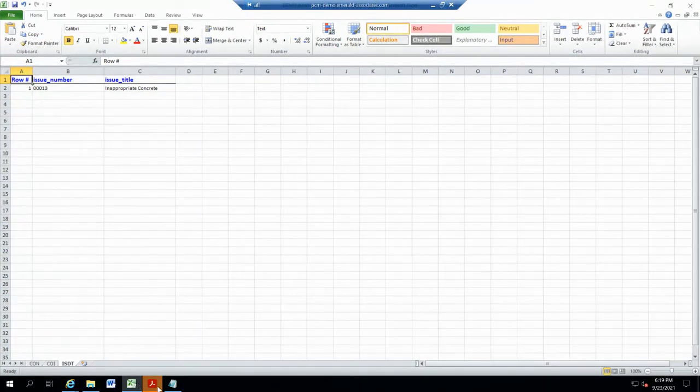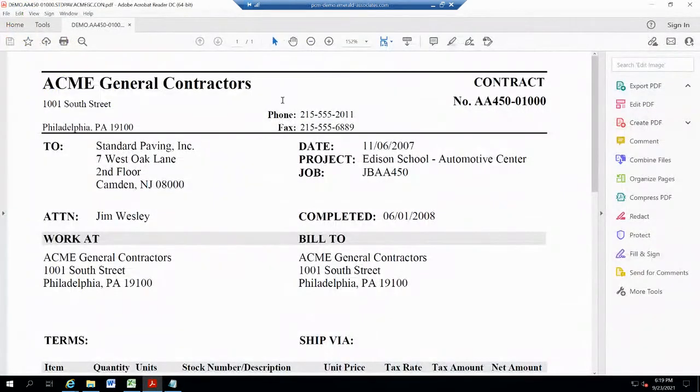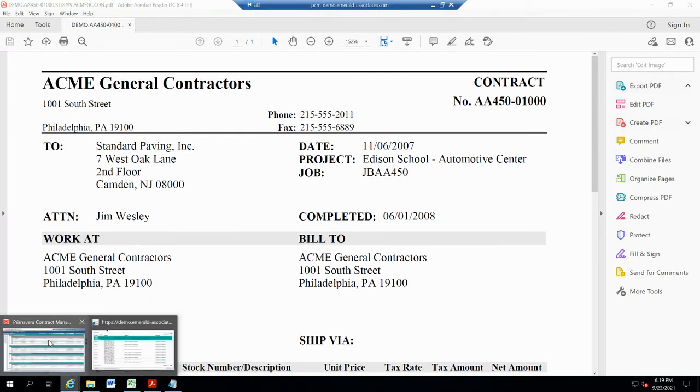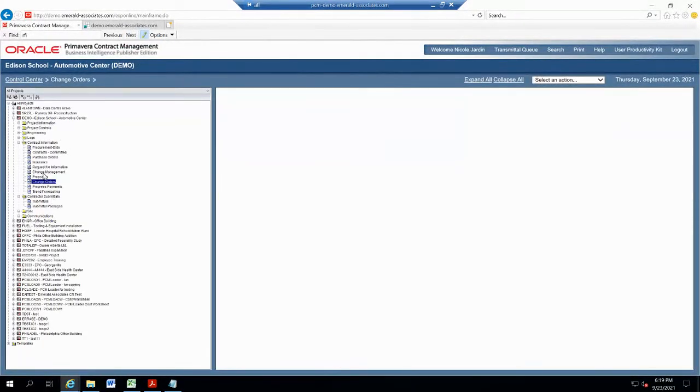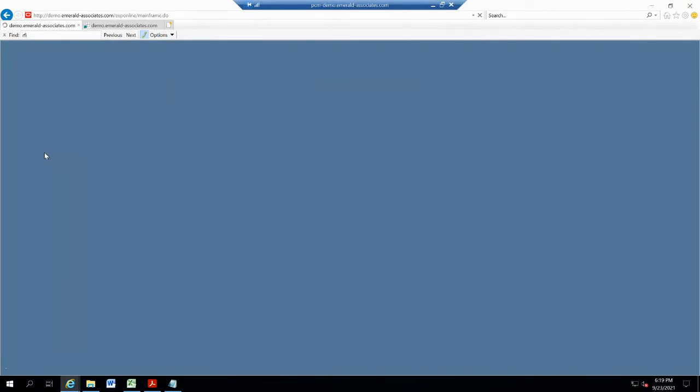So it looks like the PDF opened, so I'll go ahead and show you that. This is the printout that you would receive if you did a print preview from within the system. Meaning when I'm in the contract, I'll go back to it. So when you're in the contract itself,